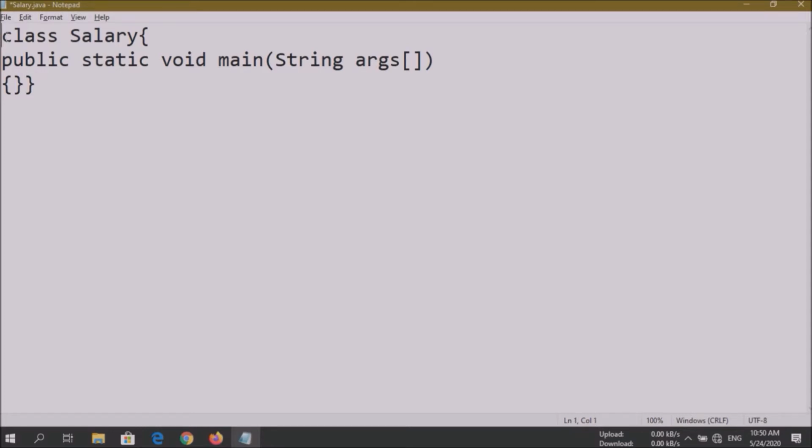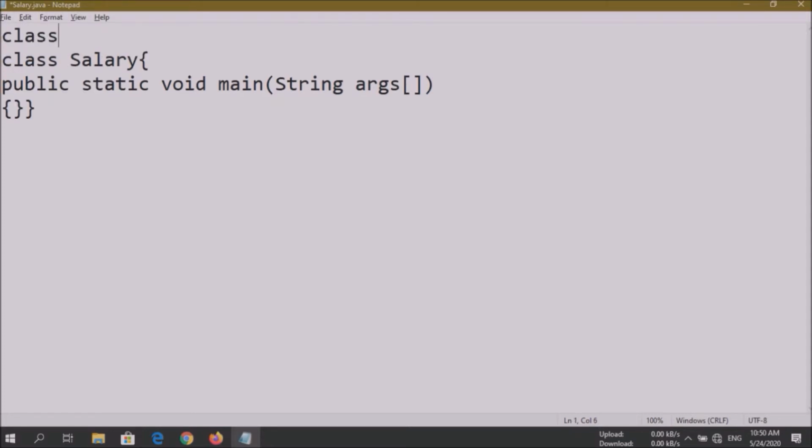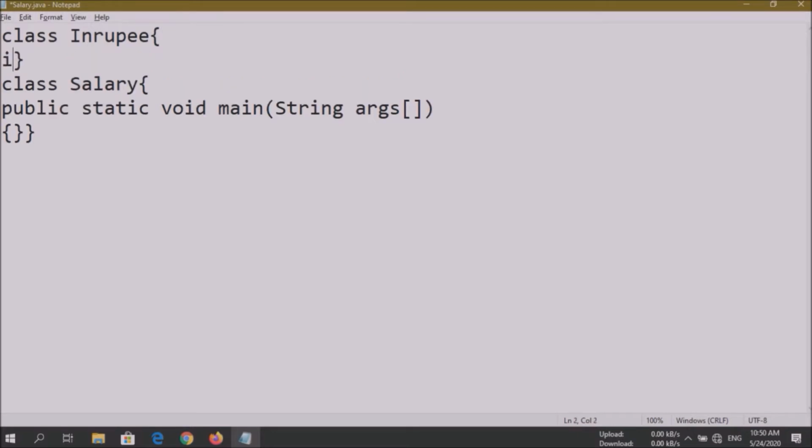So let's suppose give the name as in rupee. Now we will create a variable over there.